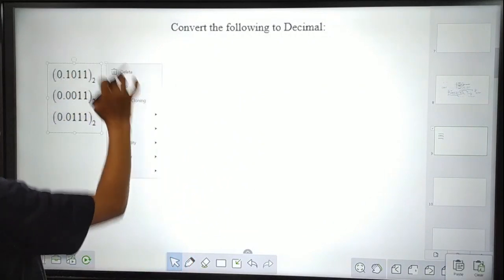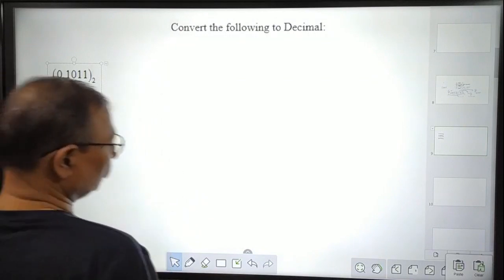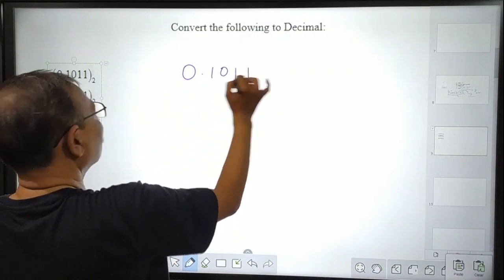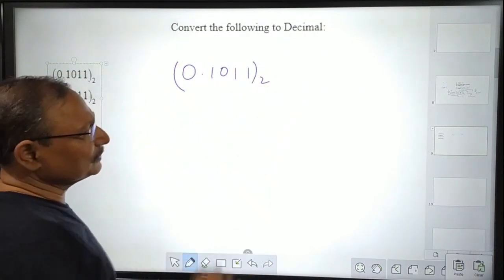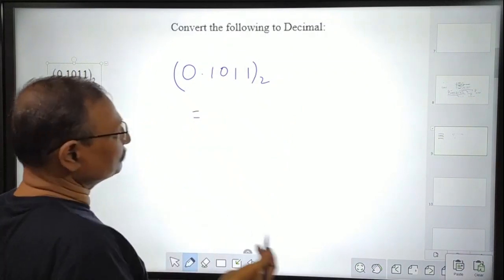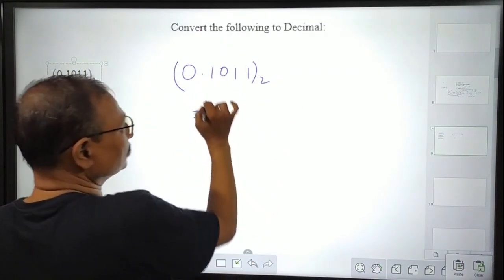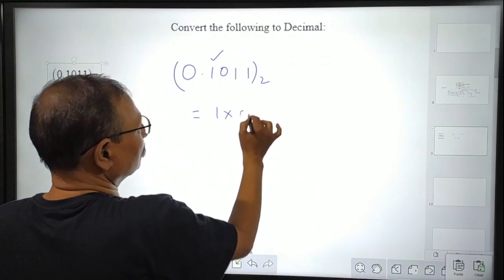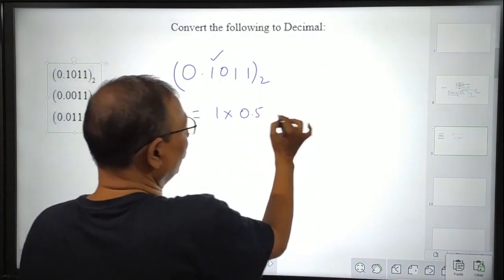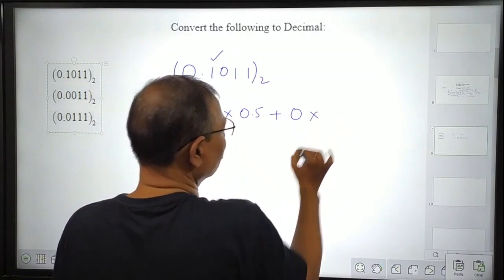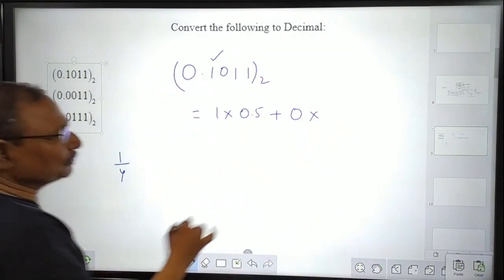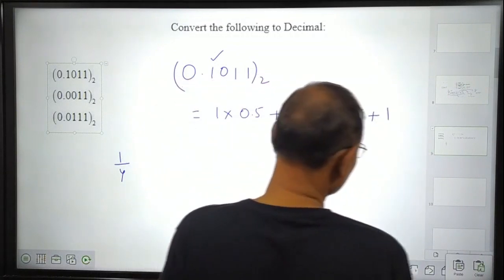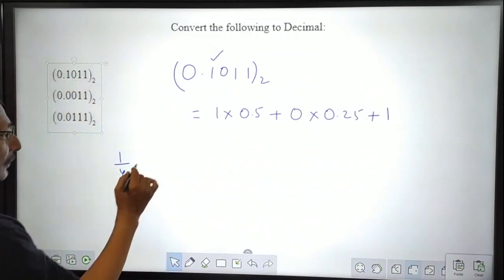We are taking some examples for that one. Okay. So the first fractional binary number is 1011, and we want to convert it into a decimal number. I told you that this one is supposed to be multiplied by 0.5 or 1 by 2. I am multiplying by 0.5, and this 0 we are supposed to multiply by 1 by 4, that means 0.25, and this one we are supposed to multiply by 2 cube,